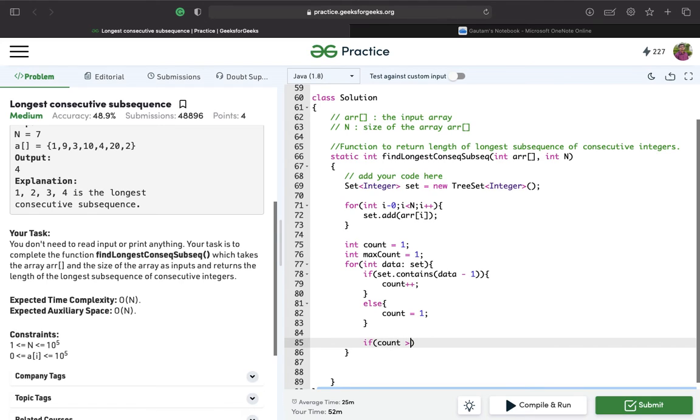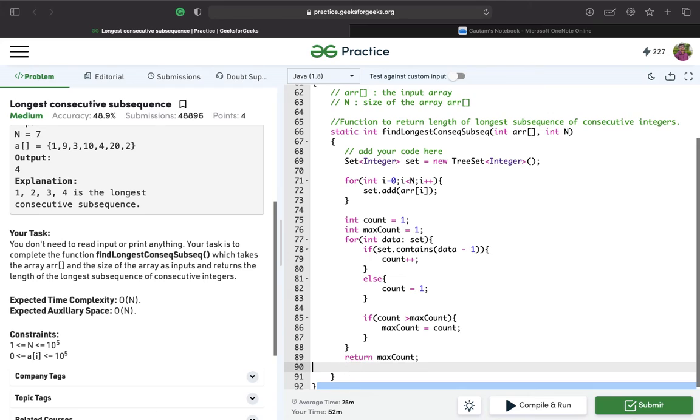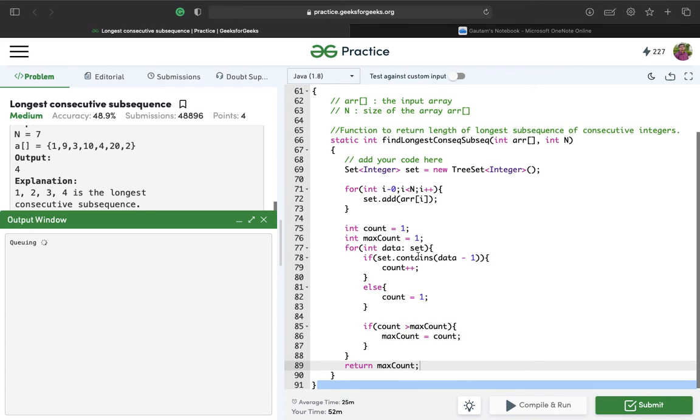So if count is greater than max count, max count will be equal to count, and at the last we'll return max count. Yep, so I think this will work fine.